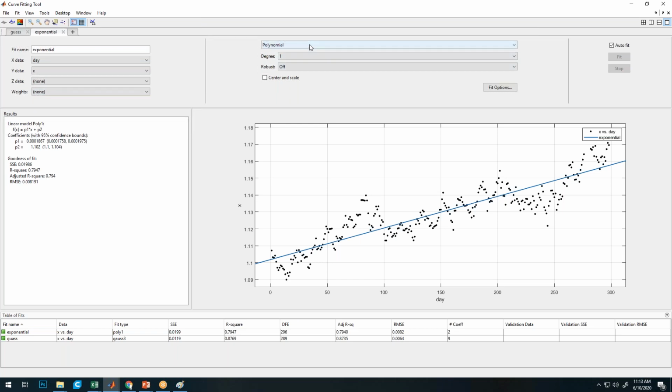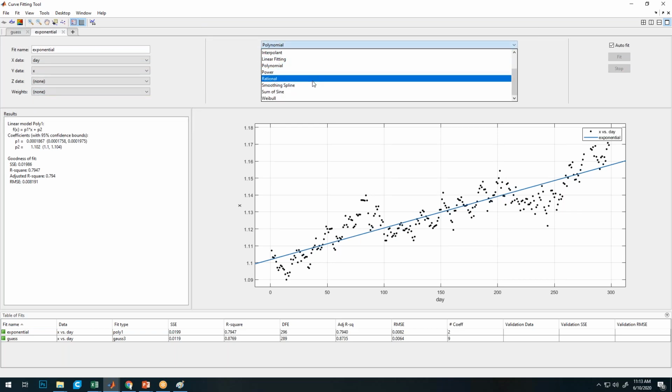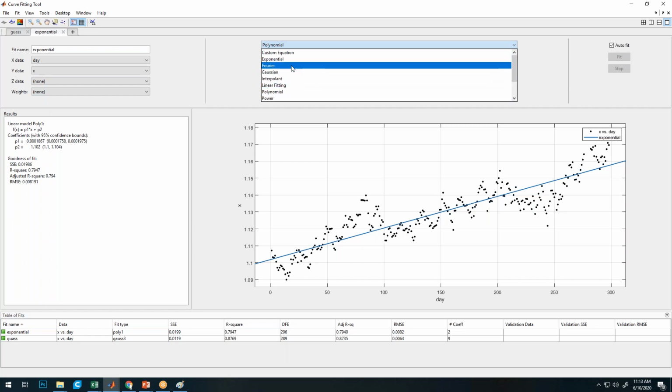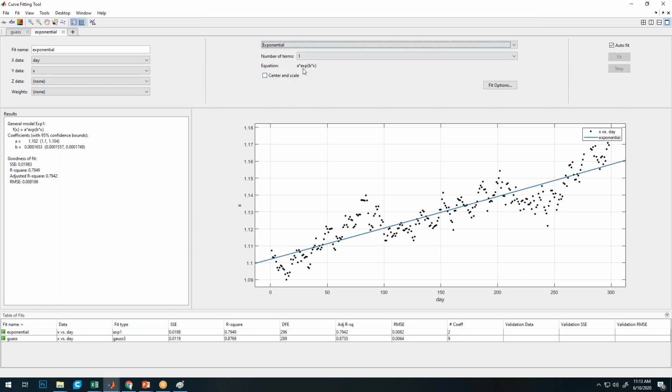And in the second column, I'll change polynomial to exponential. The default equation of the exponential curve is a multiplied by exponential of b into x. So MATLAB is evaluating these two parameters, and it comes up with this equation, with the coefficients a and b like this.